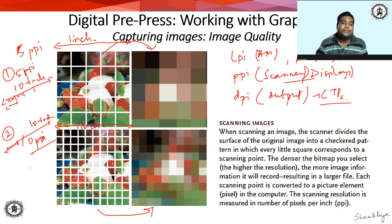So naturally, if the number of pixels which you are using to represent a particular digital image is higher, then naturally the color information or the overall information in that image will be higher. Greater the number of pixels, better will be the image quality. This is common sense, right? So ultimately, if you are scanning the same image in both the cases,